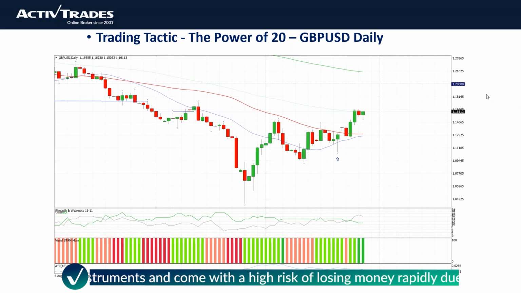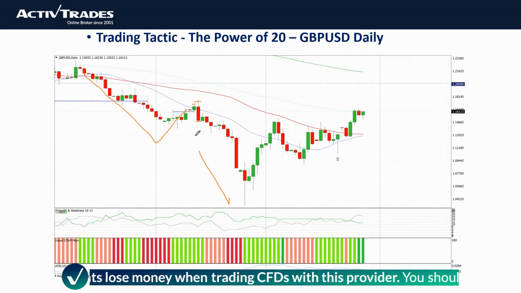As I said, I had a few scruffy examples, just to show us the cable, pound dollar. It pushes up there and closes above it. That actually becomes a 20 mech entry there, but the candle is very, very big. Now, of course, we can see it went down, but you don't know that at the time. That's hindsight. But what we're looking for is price puts in this low here, this double bottom low, and it rallies up,